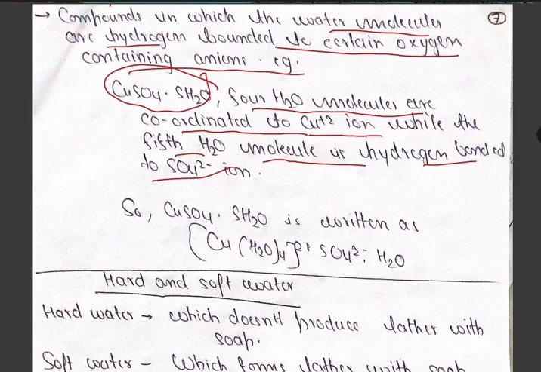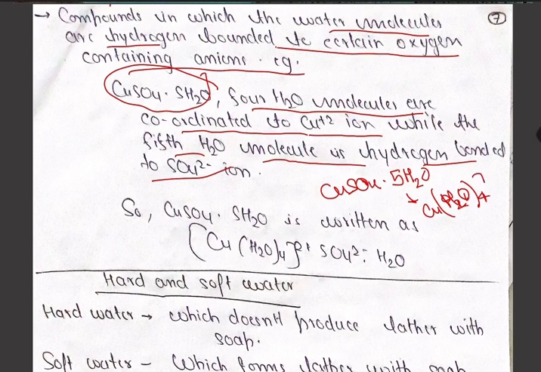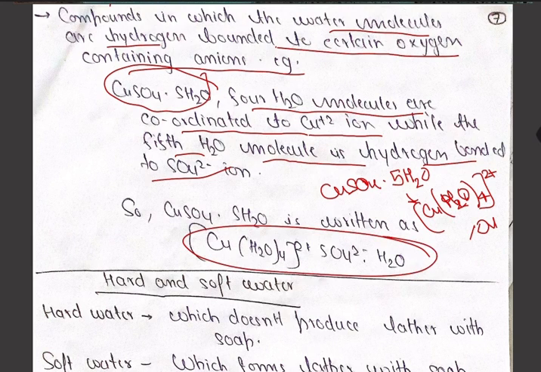That is copper sulfate, CuSO4.5H2O, which can be written as [Cu(H2O)4]2+ SO4 2 minus. Here we can write as